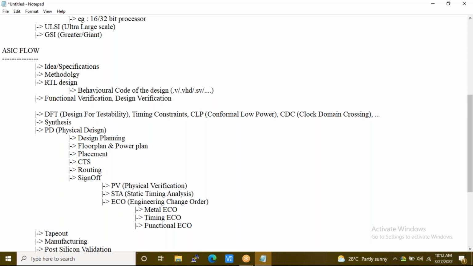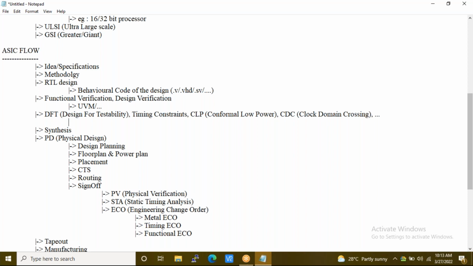So for functional verification or design verification, you are going to be checking the behavioral code by using some test benches, some test vectors, to check that particular RTL design. I think the coding used is UVM, and I'm not very friendly with the front end. So UVM and similar codings you will be implementing on this. Okay.